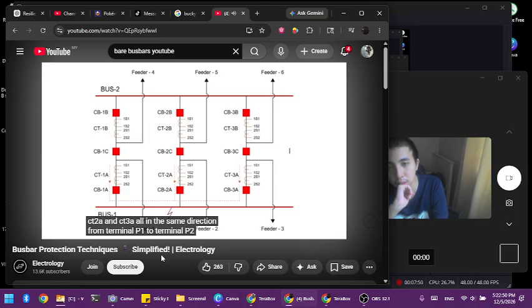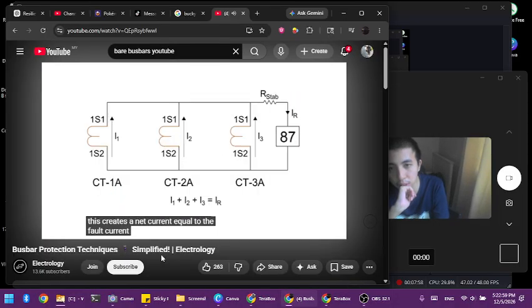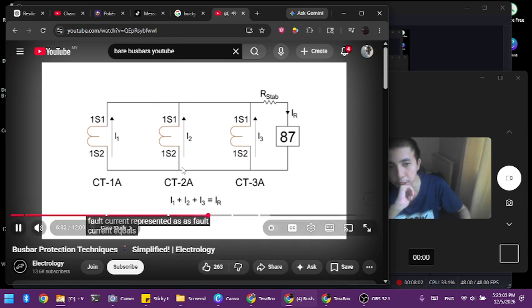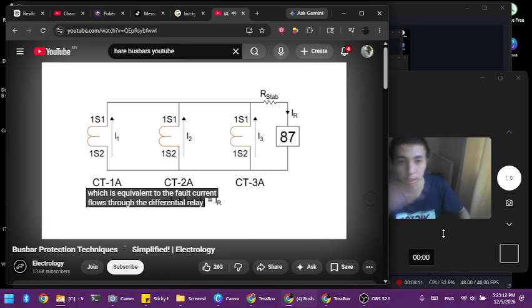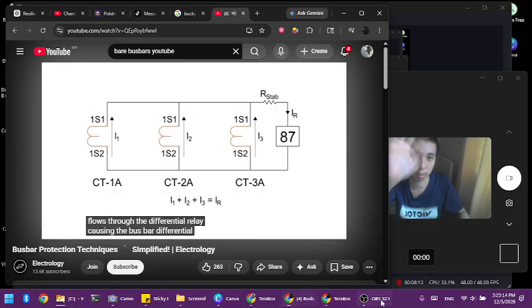As a result, the sum of the currents from feeders 1, 2, and 3 will not equal 0. This creates a net current equal to the fault current, represented as fault current equals the sum of currents from feeders 1, 2, and 3. This net current, which is equivalent to the fault current, flows through the differential relay, causing the busbar differential relay to activate. Upon activation,